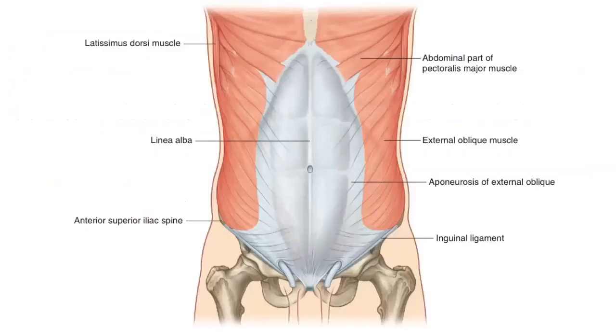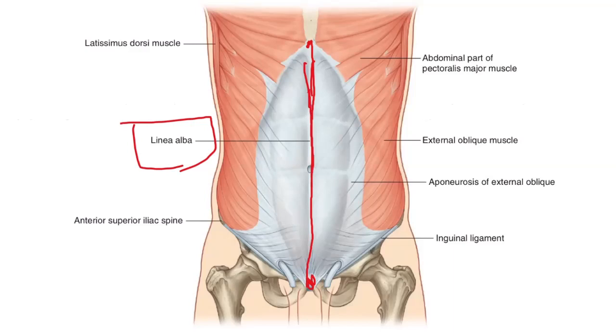You see, this is the furrow, okay, and also the linea alba. That means white line, from the xiphoid process to the pubic symphysis. There will be a depression like that, okay. This is the groin, the groove of the groin, right, and this is the linea alba and furrow.